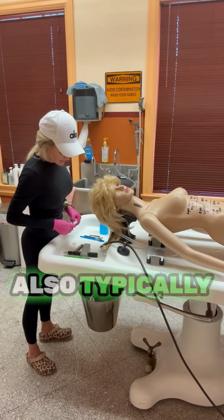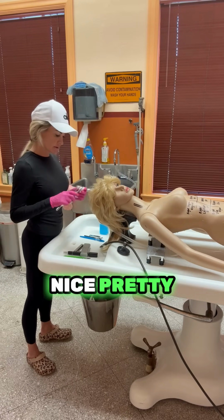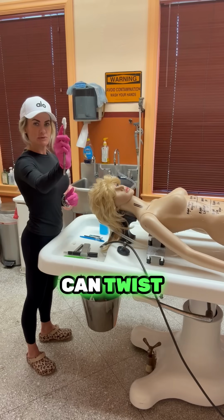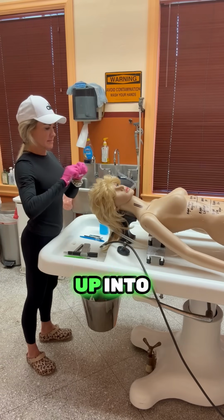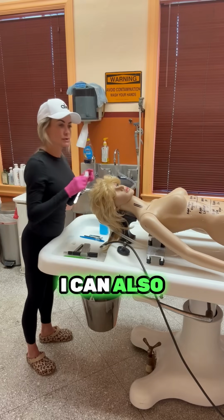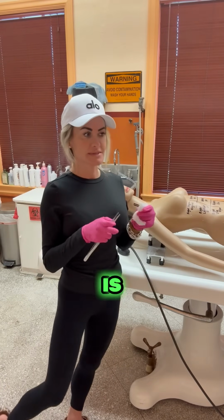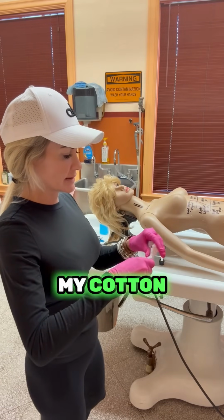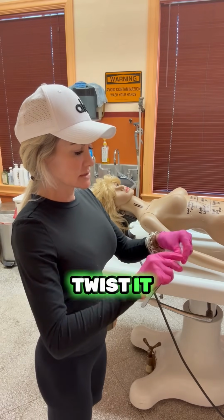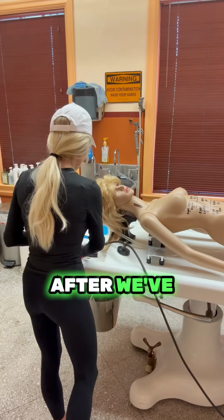I would also typically spray inside her ears, but because of her nice pretty hair, I don't want to ruin that. I can twist some cotton around these forceps here and get up into the nose. I can also do the same with the mouth as well. It's really important to disinfect the mouth. The mouth is a breeding ground for bacteria, so I can take some more of my cotton here, twist it around the forceps, and get into the mouth to clean. After we've done that,